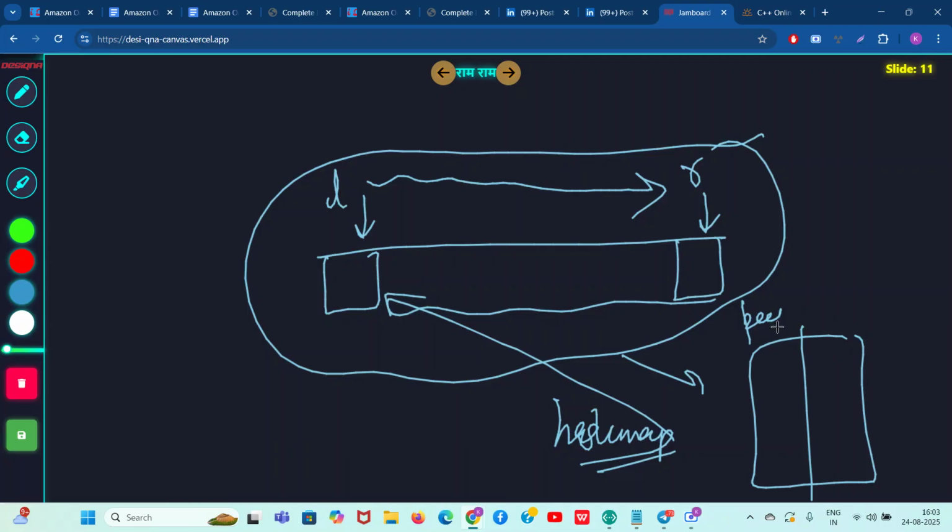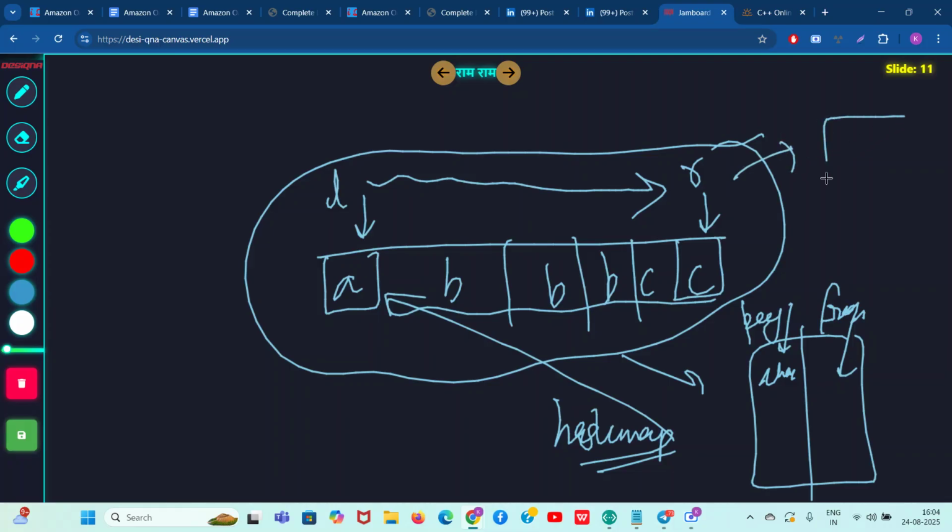The key will be the characters, and the frequency of those characters will be the values. So let's say L to R looks like this: a, b, b, b, c, c. Clear? If you travel from L to R and make a hash map out of it, what is going to happen?